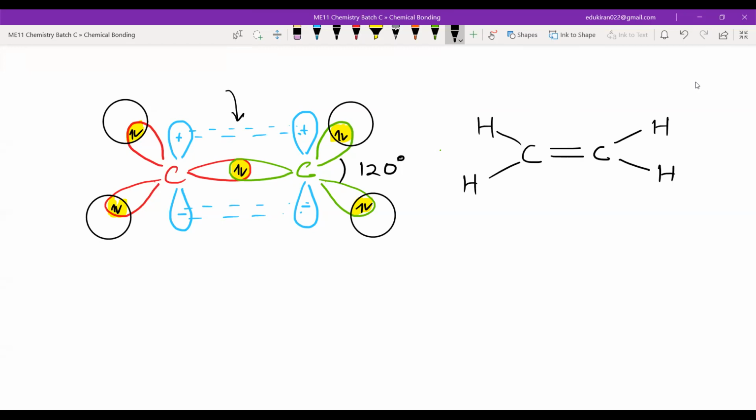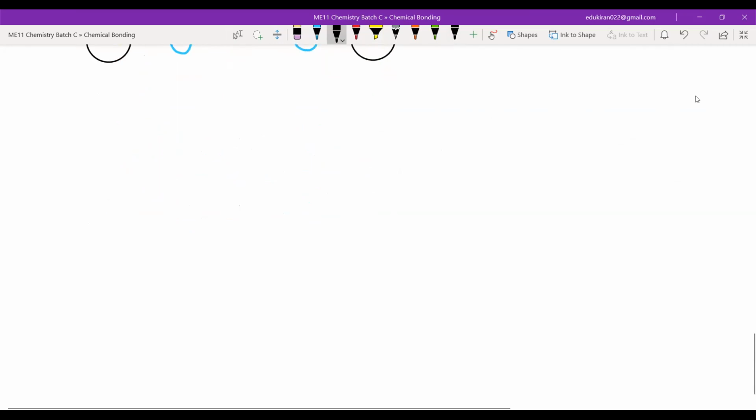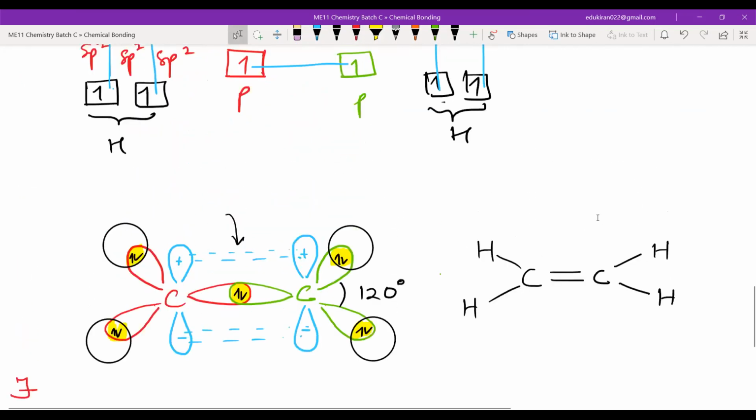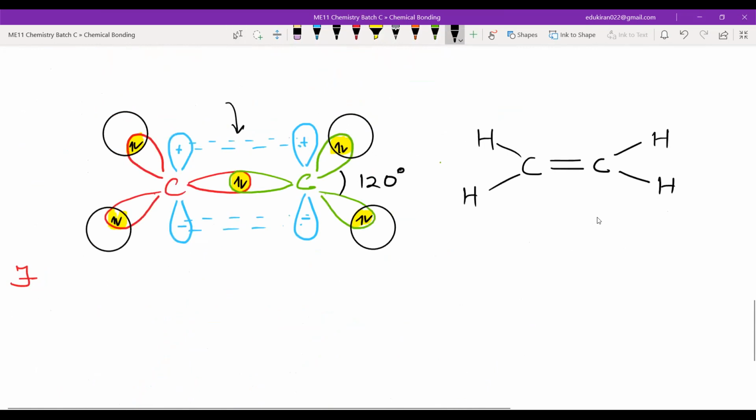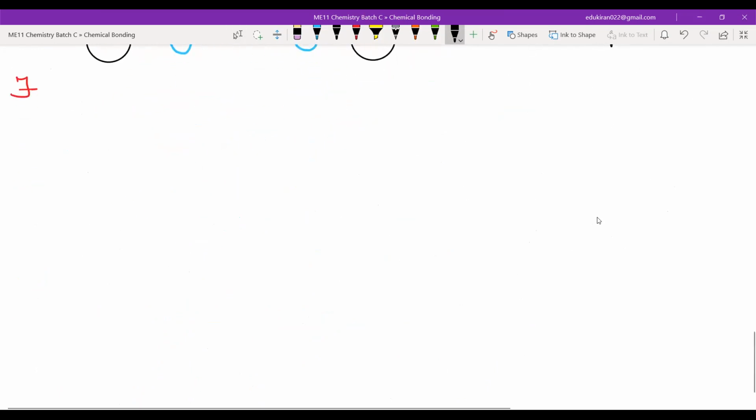Let me know if you are done. Done, sir. Is there anyone who's still writing? No, sir. Okay. Now we'll move to the ethyne molecule, its formation. Did you write anything else here? Just one thing: both of these carbons are sp2. We see that the hybridization of this carbon is sp2. I will give you a homework. You have to identify which of these carbons are sp2 and which are sp3. After this, the formation of ethyne.